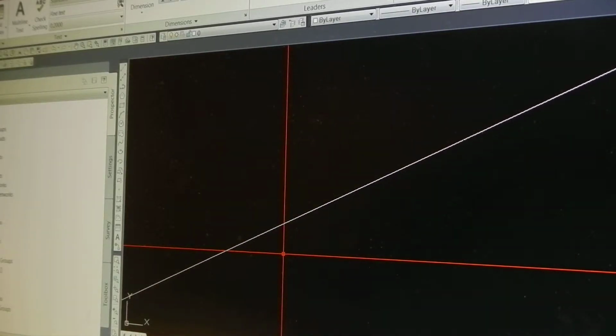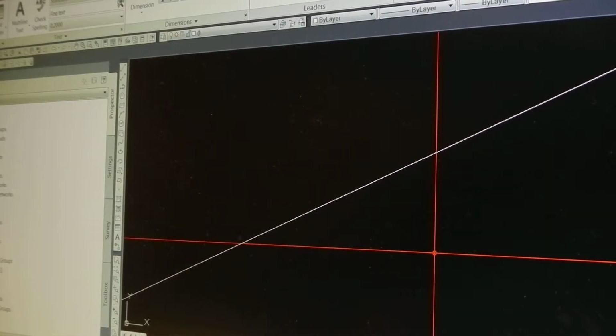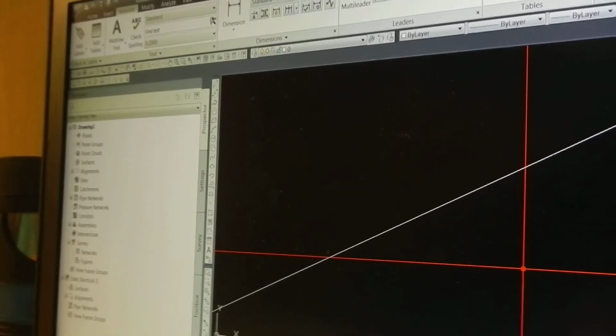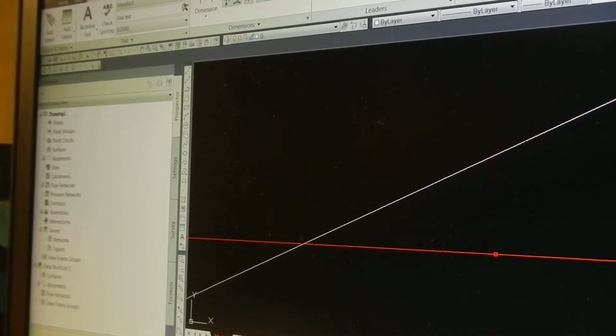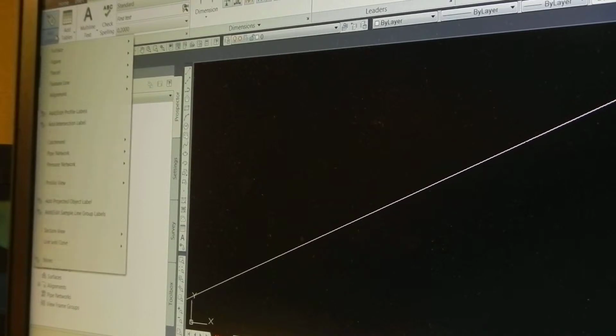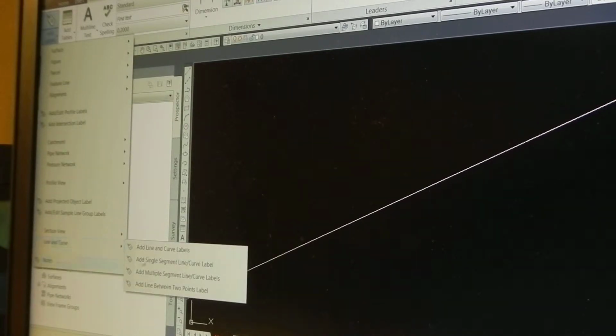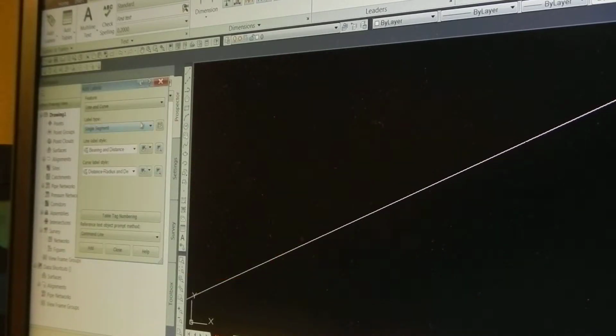Okay, I'm going to work through how to create your own survey style for line labels. Move the camera right there. Come up here to add line labels, and add line labels and curves. Okay, then we click on this little box right here